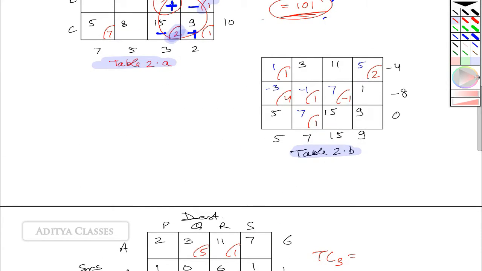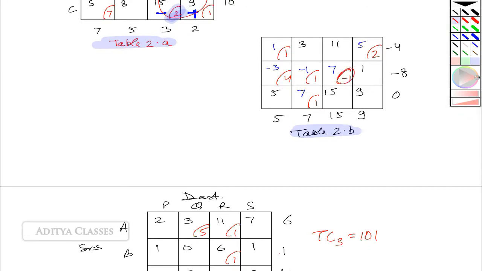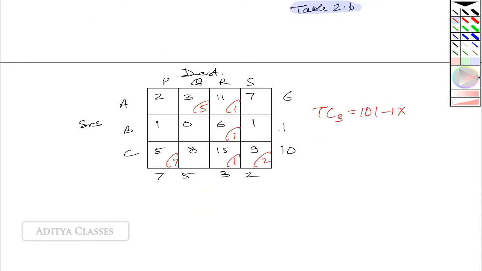What about the total cost? Third level. The previous total cost was 101. There was a cost saving potential of 1 and we have transferred 1 unit over here, right? So the new cost will be 100, or if you wish you could go the conventional way, you could just add them up. 15 plus 11 is 26, 26 plus 6 is 32, 2 plus 18 is 50, plus 15 is 65, plus 35 is 100. So it again comes down to 100.